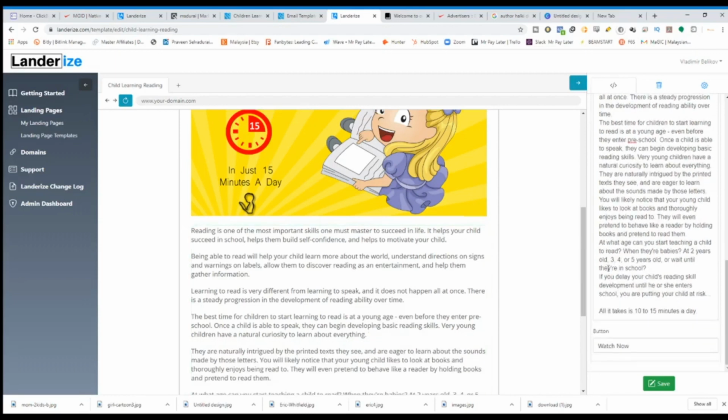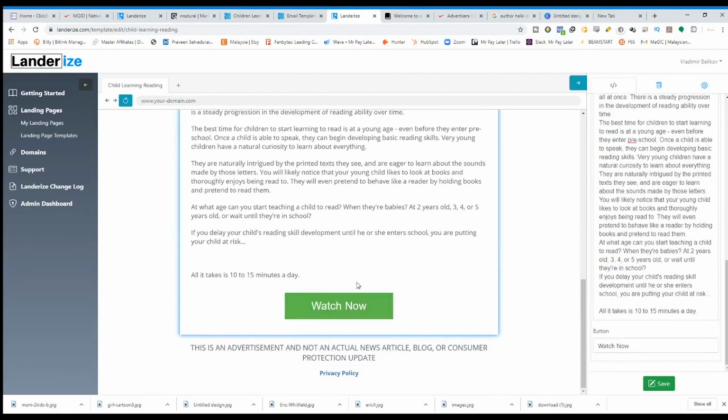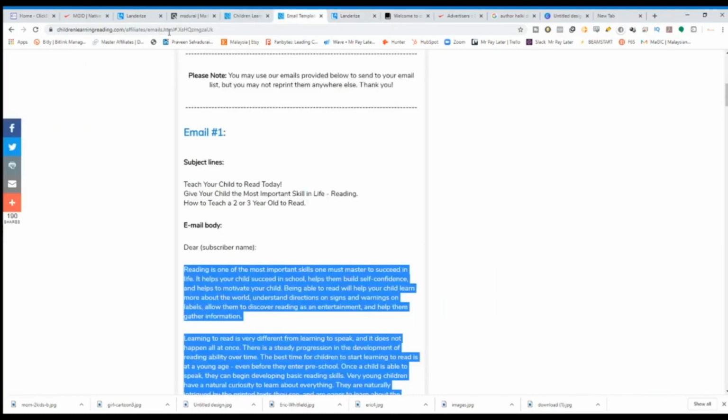All you gotta do is just make it look like a real nice text, and then over here you can actually change the word button right now. See whether you want to change it into any call to action button that you want. So I'm just gonna change this time. I'm gonna do, teach your kids to learn to read now. This is a more effective call to action button, which is related to our offer over here,